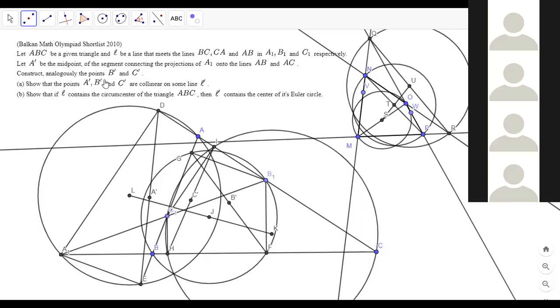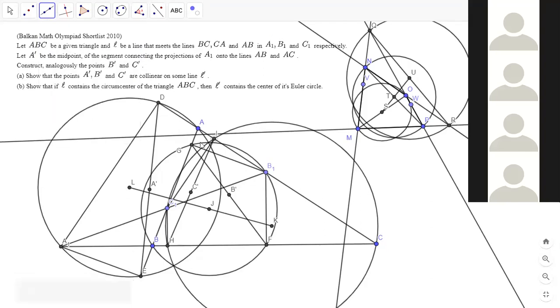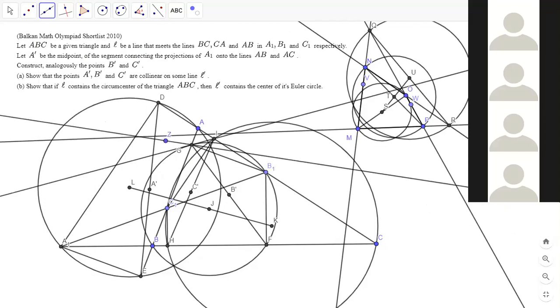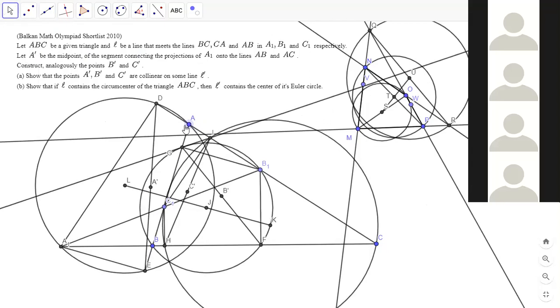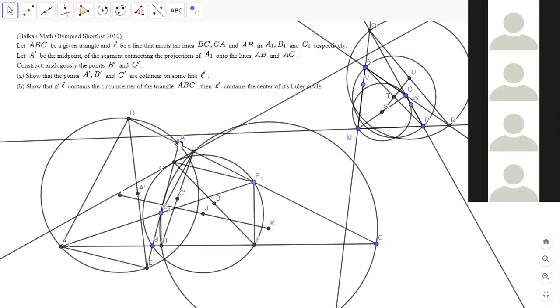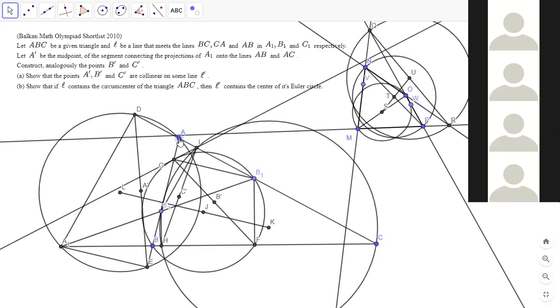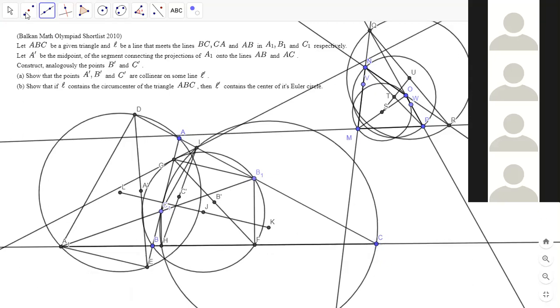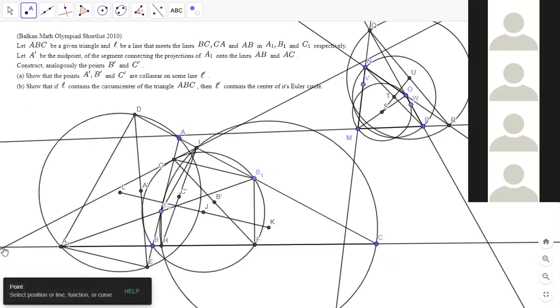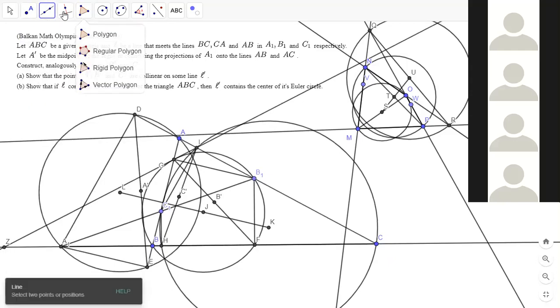So what if we let GI intersect BC? It's going to be far away. Basically, if GI intersected BC at a point, let me see if I can make it easier to see, then basically if we take the midpoint of DZ,